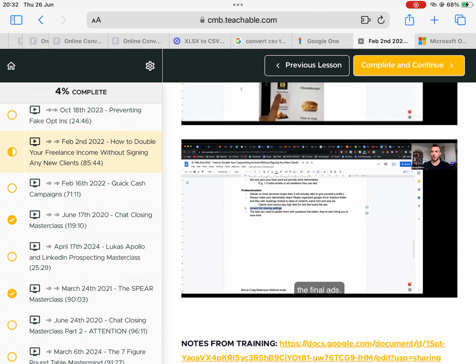Basics, right? Like the correct link sharing settings. So many people, right? There was like, here's a link, here's the final ads, and then they forgot to update the link sharing settings. And it's like still restricted to me only or something like that. And then they have to email you and have to be like, dude, can you give me sharing access, sharing permission? You have to update the link in Google Drive. Right? It's like all this simple shit like that.